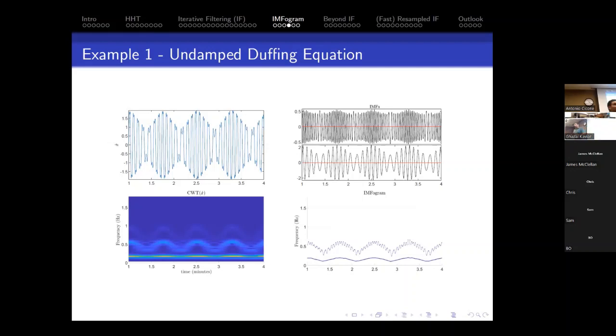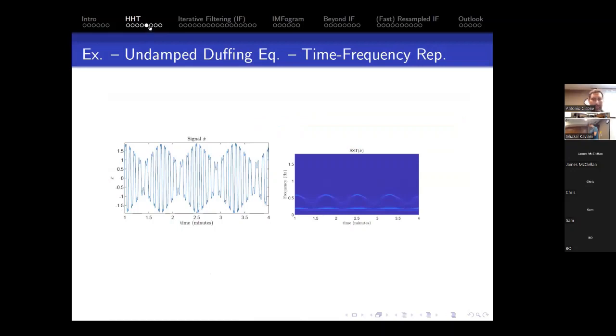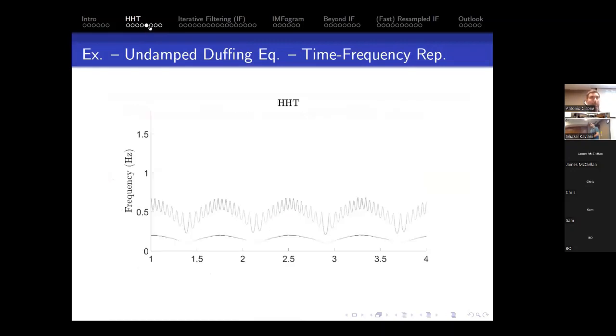Somehow it is what you do with the short time Fourier transform, right? You window. But the windowing we are doing is not on the original data, but on these instantaneous frequency and instantaneous amplitude plots. So the size of the window has to be extremely carefully chosen, right? Anyway, that's the plot we get, which is extremely similar to what we originally got with, if you remember, the empirical, so the Hilbert transform, this plot here, right?